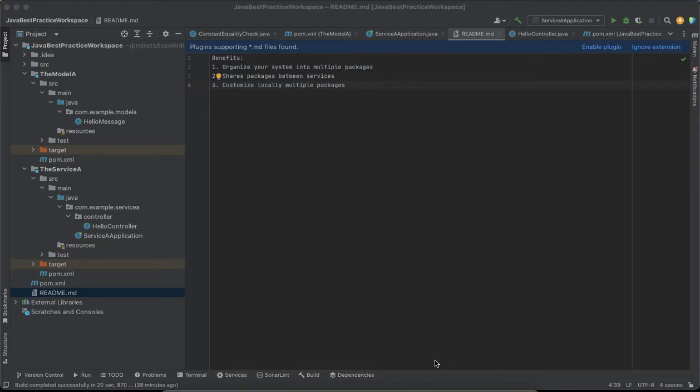Welcome to Code Engineering. Today we're going to have a tutorial about how to have multiple packages under a single workspace in IntelliJ. So basically,